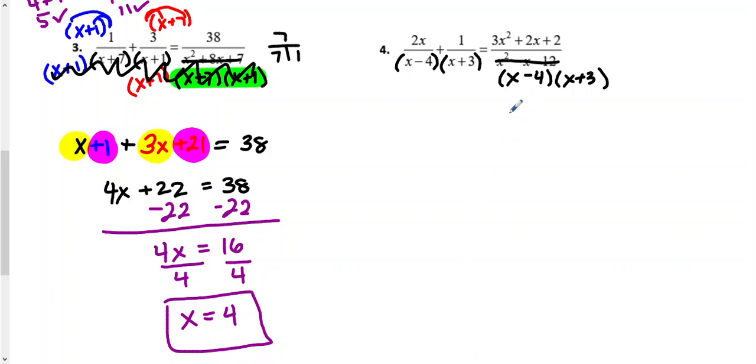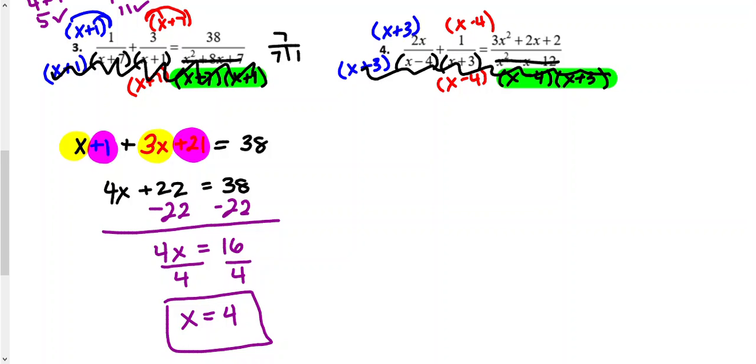Then I need to make my denominators the same, because remember, this one now has two factors of x minus 4 and x plus 3. So the first one has the x minus 4, it needs the x plus 3, top and bottom. My middle one has the x plus 3, so it needs the x minus 4, top and bottom. So now everyone has the same thing. We can cross out the denominators. And we're left with 2x times x plus 3